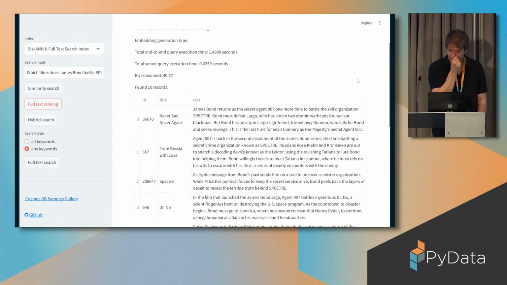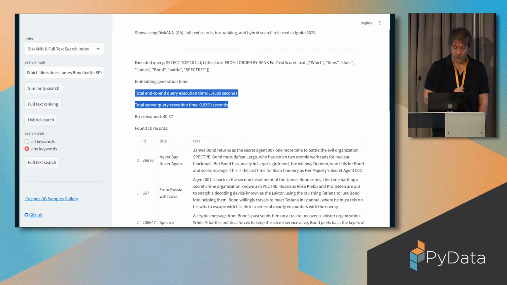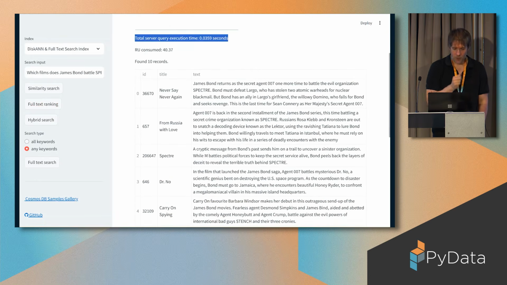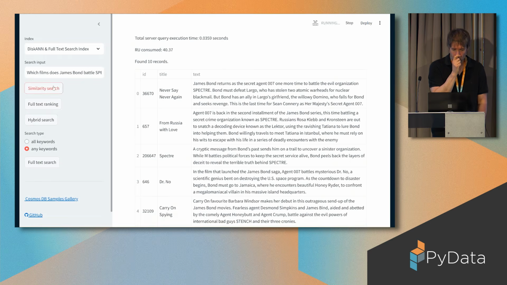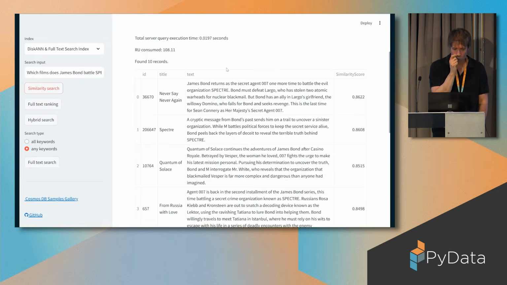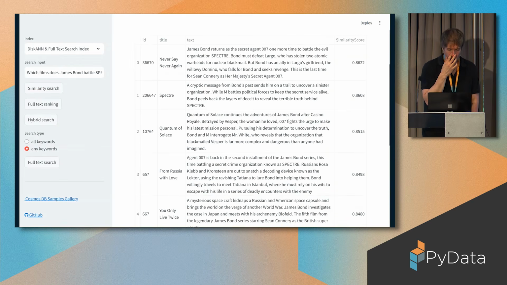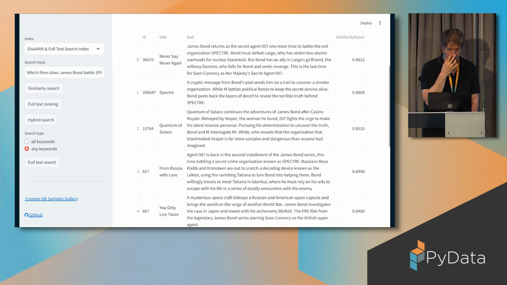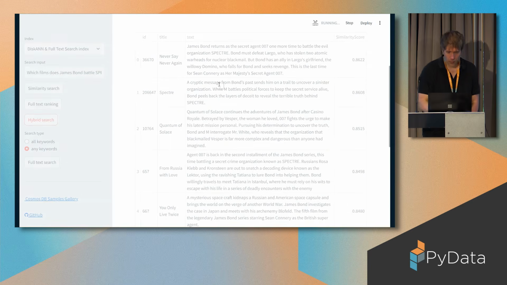But if I use full text search ranking here, I actually get results 1, 2, and 3 are the right results here. And if I remember rightly, when I used similarity search on this text, results 1, 2, and 4 are correct, but 3 is not. So it's not always the case that vector search is the best approach. And I think I did hybrid search as well in this demo, and I think that also gave me the right results, didn't it?